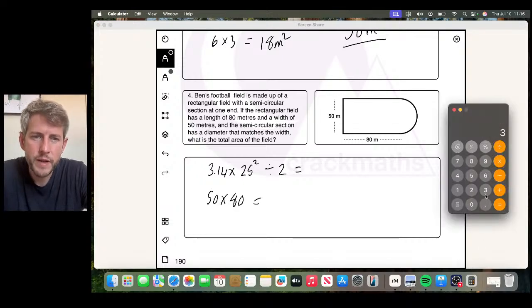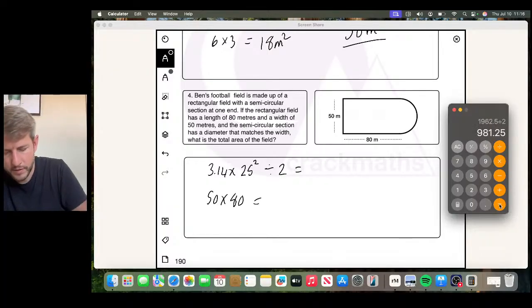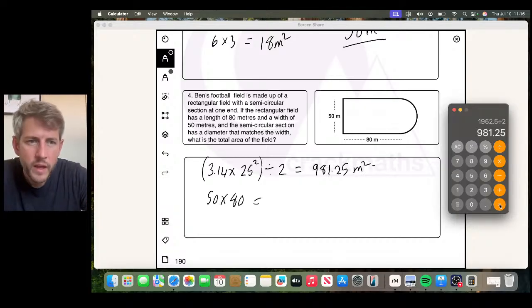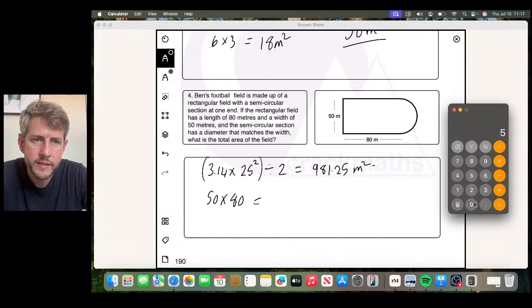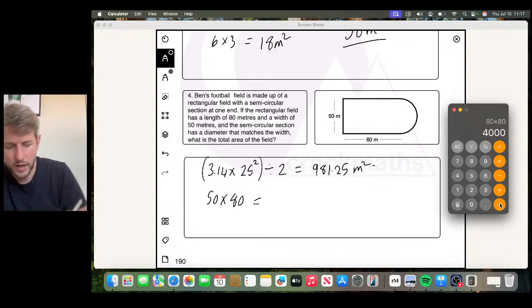So we have 3.14 times 25 squared equals this. And then if we divide that by 2, that's 981.25 metres squared for the semicircle. And then here we've got 50 times 80, we could do this without a calculator, which is